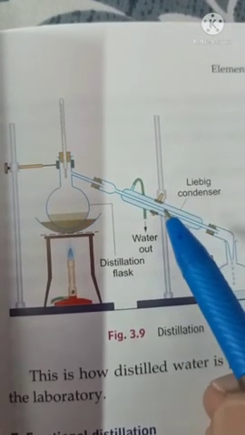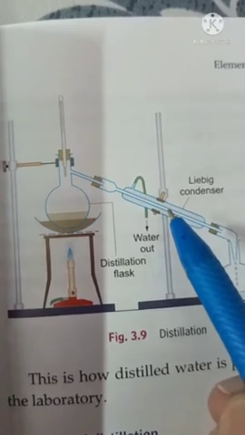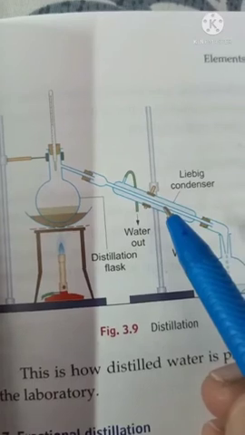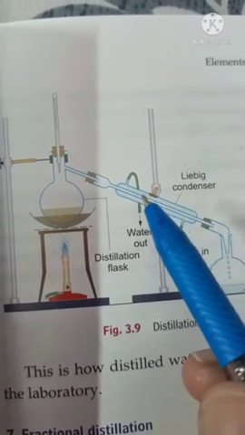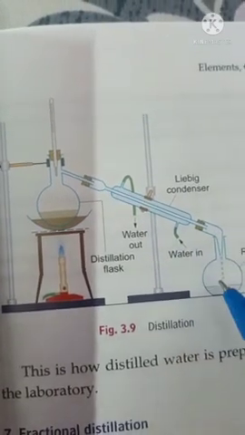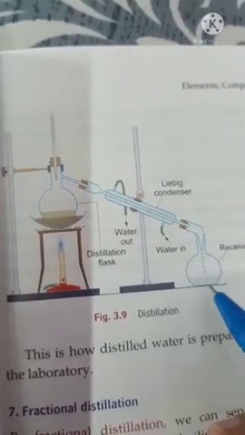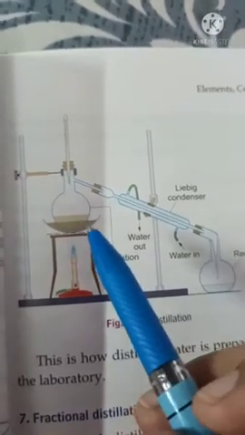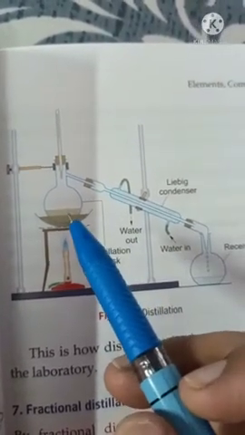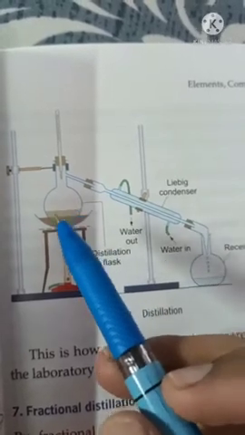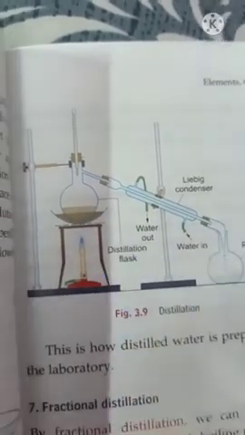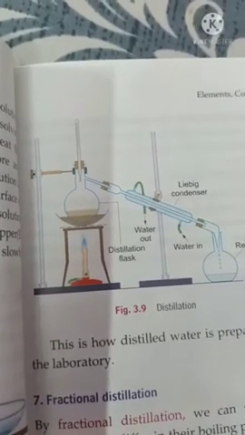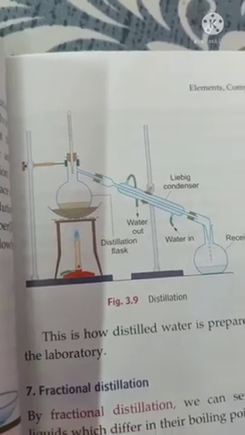So inside this pipe, you can see, there will be formation of water droplets now. All those water droplets we collect in another flask over here. This is called the receiver. In the receiver we will collect all the water droplets. Now talking about sand, we know that sand will not form vapors, so sand will remain in this flask. So what is the distillation process? By the distillation process we can separate a mixture of solid and liquid.